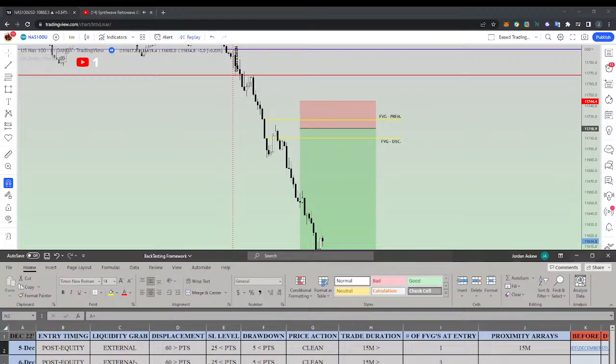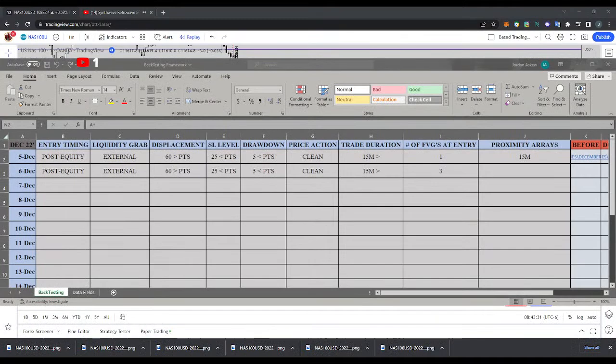It was an external liquidity grab. Displacement was well over 100 points, so that's over 60 points. Let me pull this up here. There you go. Stop loss level, we were able to safely put it at 25 points or less, so that's great. The drawdown that occurred, so we entered on this first,